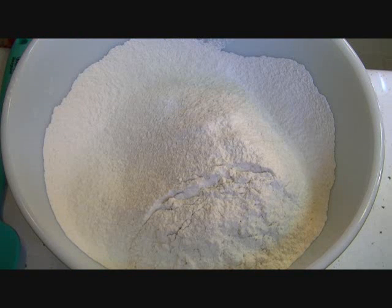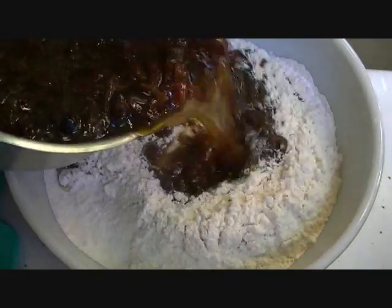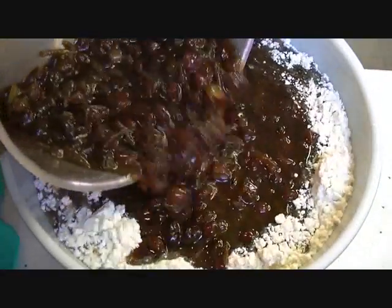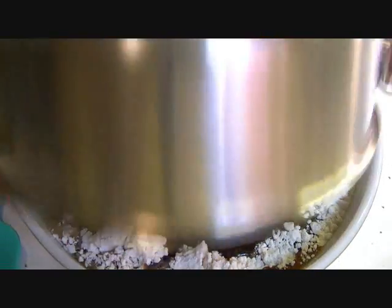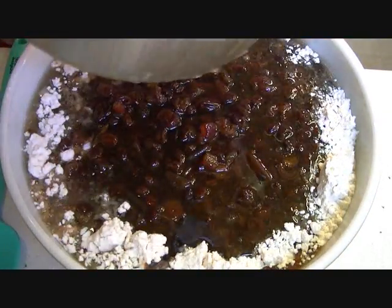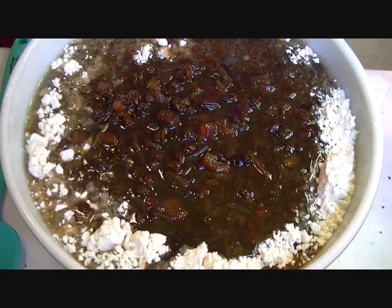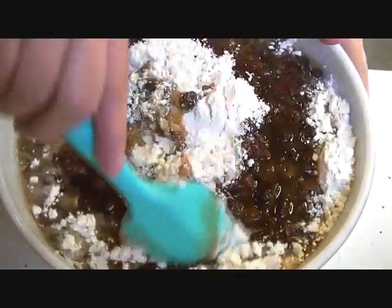Okay, I'm back. My liquid has cooled down, and now I'm going to incorporate the liquid into the sifted ingredients that I have here. So I'm going to try to pour this in without making too much of a mess. Ooh, let's splatter a little bit. Let me get in closer here. There we go. Okay, I think I got it all in there. Okay, and then you're going to combine it